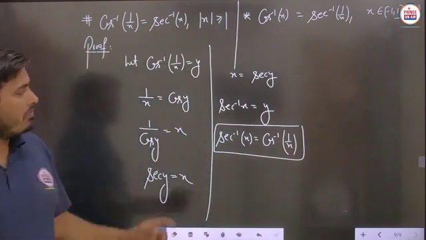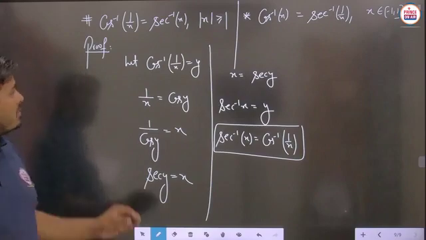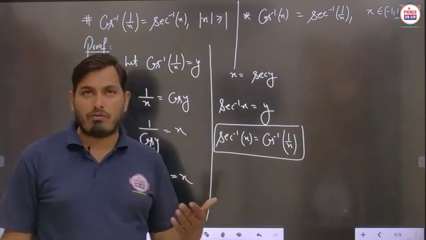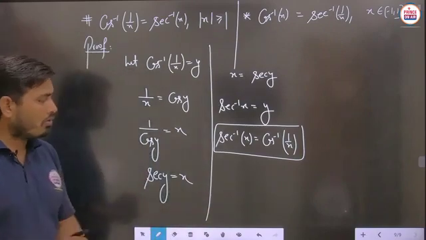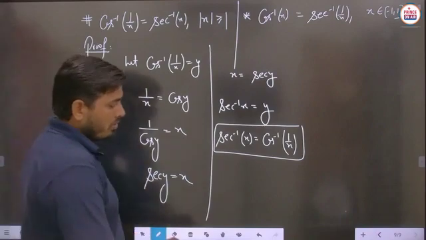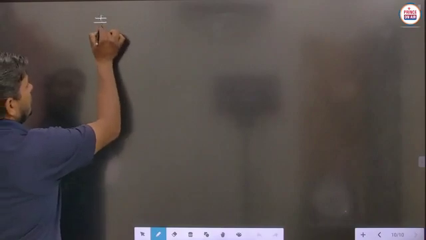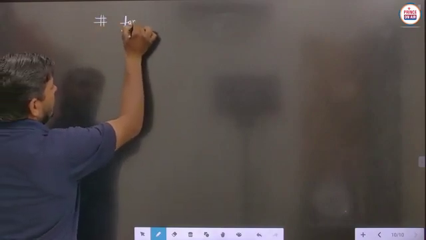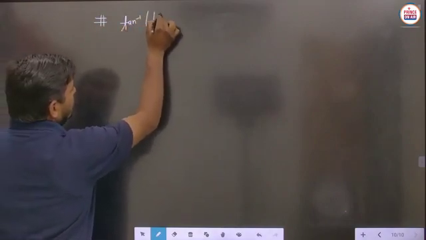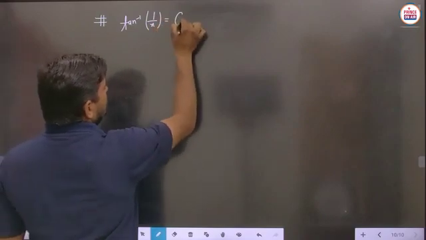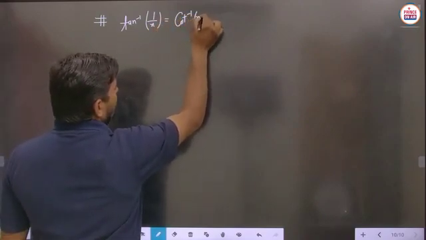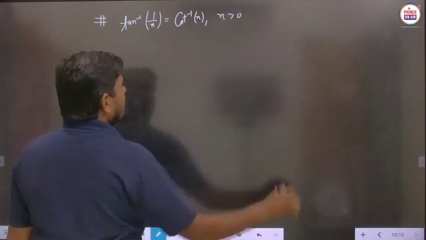Next and last one, we have to see the proof of the last, that is tan inverse of 1 upon x will be written as cot inverse x. Before that, pause the video to note down the proof of this property. So the next property we are taking here, the last one is written like this: tan inverse of 1 upon x will be written as cot inverse of x, where we are saying that x is greater than 0.